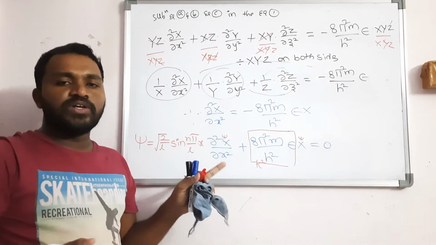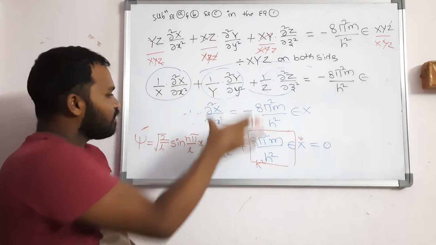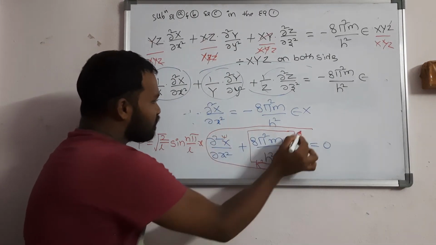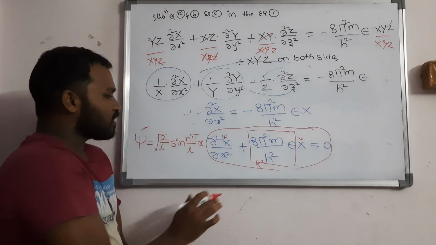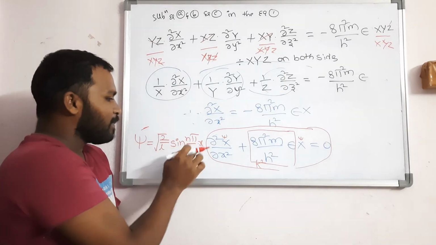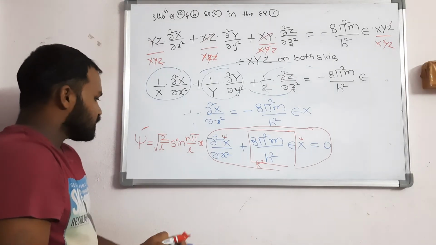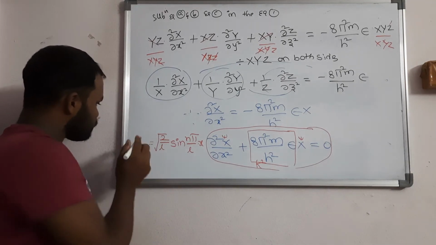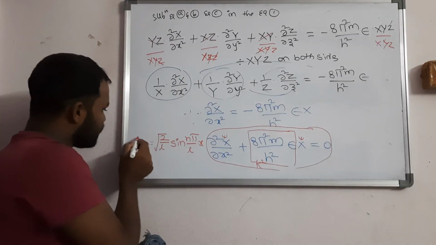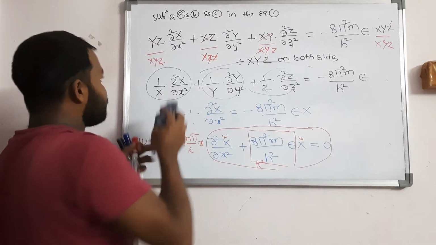Whoever is seeing this video directly, you can go through the previous video, then you will get the 1D box solution. So this is the same equation as in the 1D box. If you observe clearly, what is the solution? ψ is equal to root 2 by L sin(nπ/L x). So here ψ means X, you should take X, right? So I will write the final equations for this wave function.